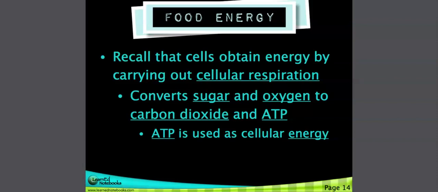It's interesting because this process is the exact opposite of photosynthesis. Photosynthesis takes in carbon dioxide, water, and uses energy from the sun to give glucose to produce energy. They produce their own food. So this actually takes in the sugar and oxygen. Those are things given off by plants in photosynthesis to create carbon dioxide and ATP, which again, ATP stands